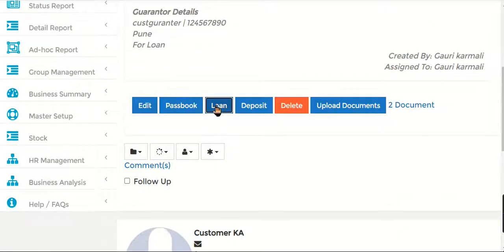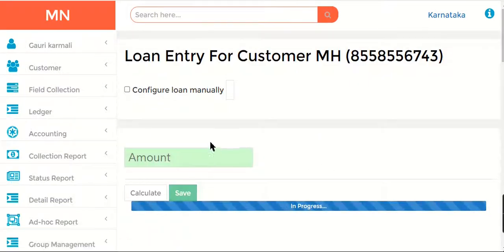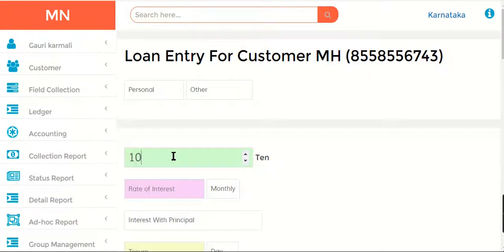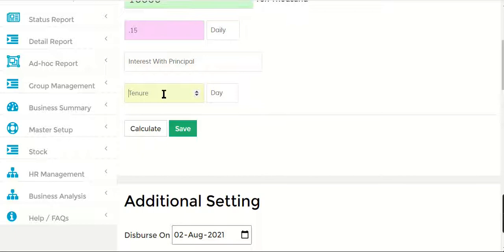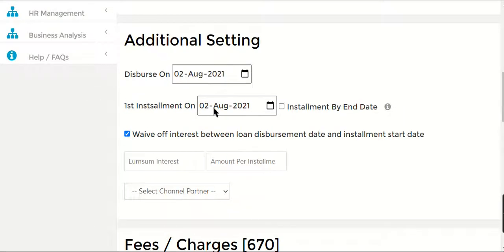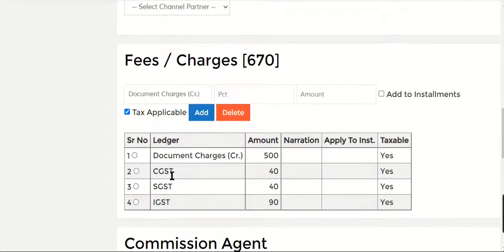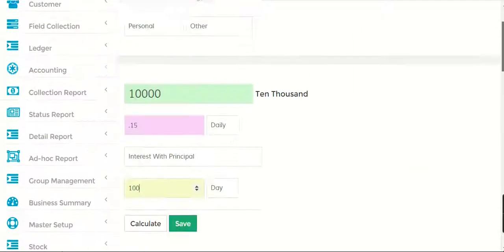So it is coming automatically from the ledger. So 10,000, 0.15% is daily for 100 days. My loan disbursement date and installment start date is the same. These are my charges that are coming automatically. Actually, this is coming,